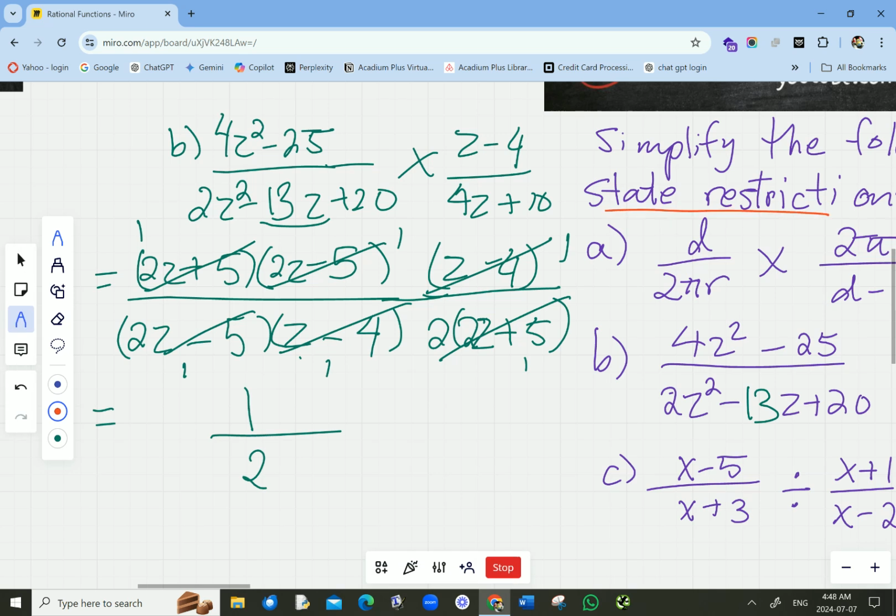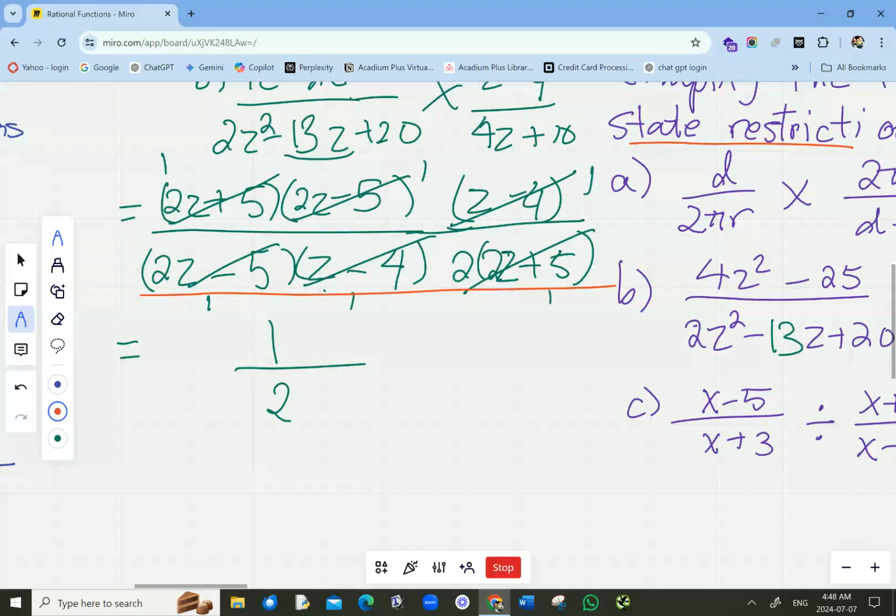Now we need to state restrictions. All right, so remember the restrictions are when the denominator equals 0. So in this case, it looks like our denominator is 2, and 2 is not equal to 0. However, we need to go to the previous step where we've factored. And when we look at our factored denominator, we see that we have 2z minus 5, so that may equal 0, or z